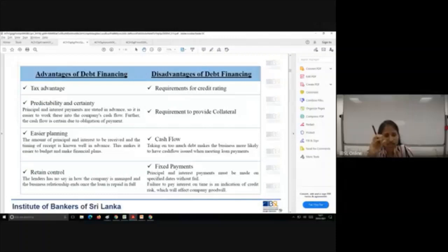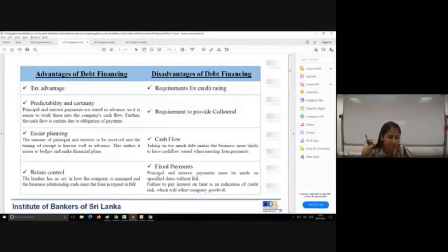They know that the cash flow is certain because they have to pay for it. So that provides a certainty for them. Whereas in equity, you don't know when the company will issue a dividend, when the company will not. It's very unpredictable, uncertain. Now this, even for a company, it's better. Even for a lender, it's better. Even the lender knows how much he's going to get.